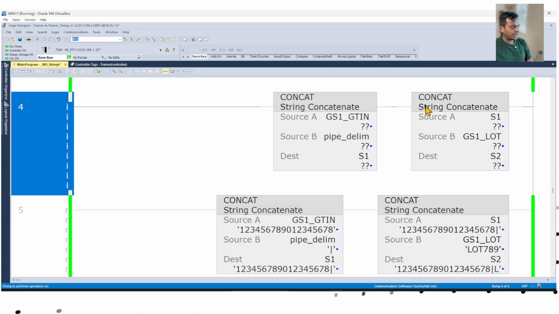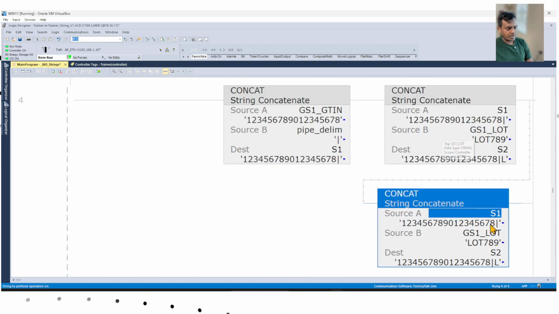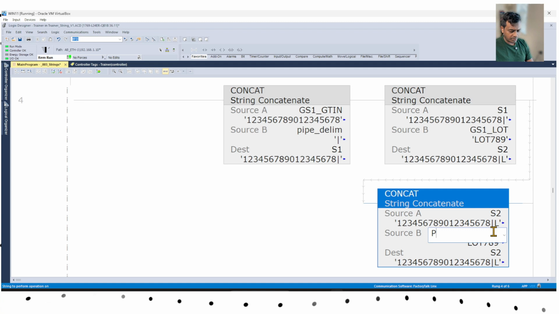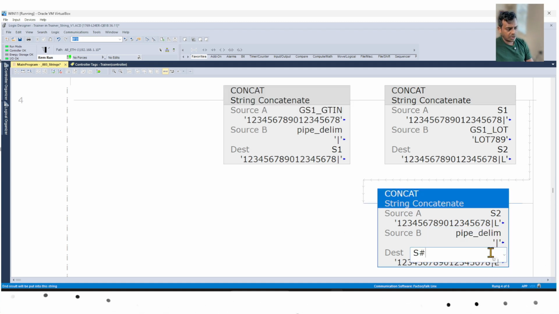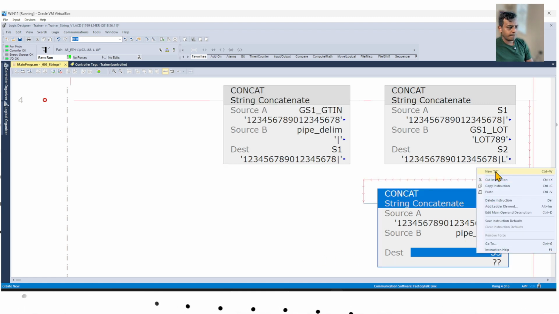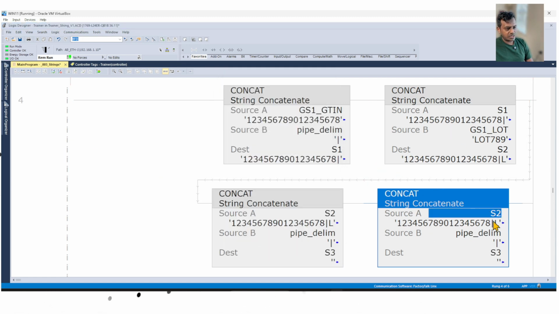We edit this rung again, we copy paste, same thing. Now we will take the S2 as the source, which has the lot number. We need to add a pipe to it, so we'll go ahead and do a pipe delimiter and store that into S3, which is a new temporary string. And now we take S3